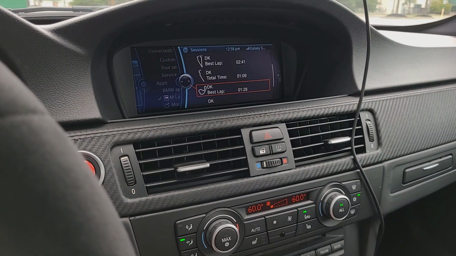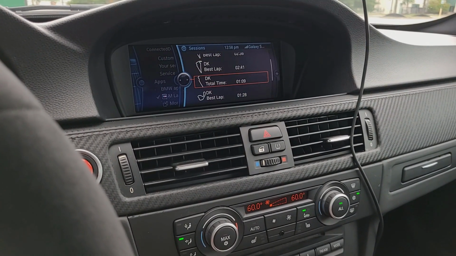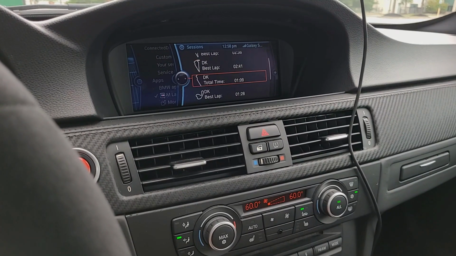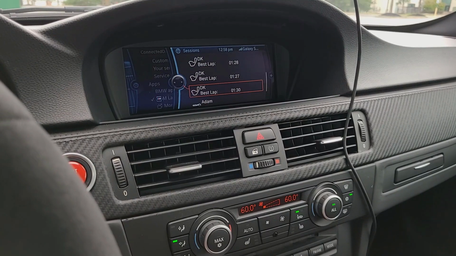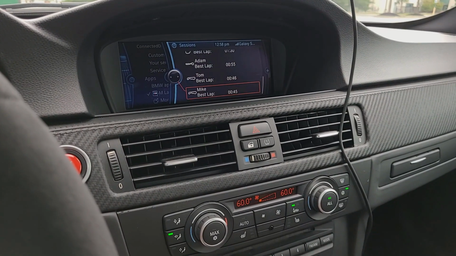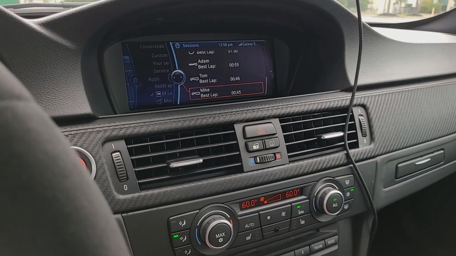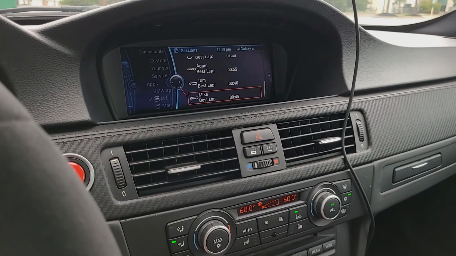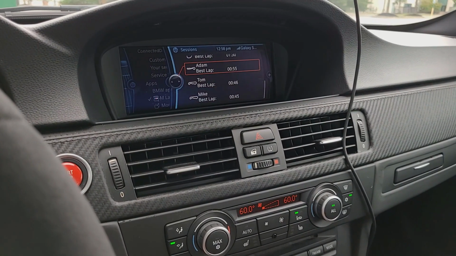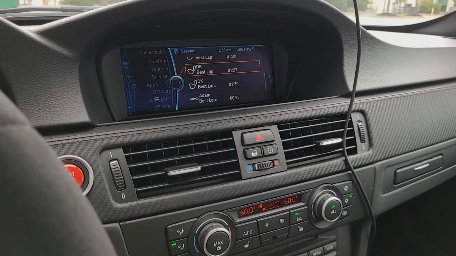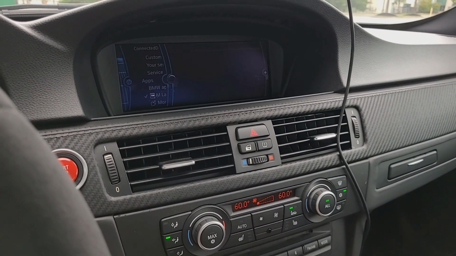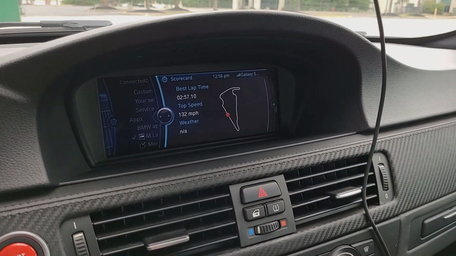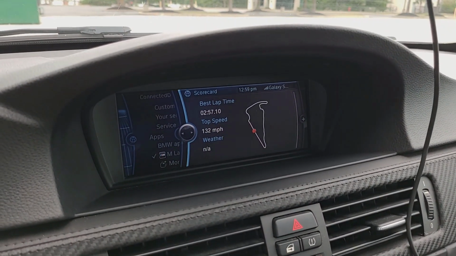So I've got a few of them. I think one right here I didn't fully record because it's not the full map. I must have clicked it on the last lap. You've got New Jersey Motorsports Park down here, and these are just the standard track maps that are loaded when you download the app. So these are not me, but these top ones are me, and this is how you can display them. So if you click in, it showcases your top speed,